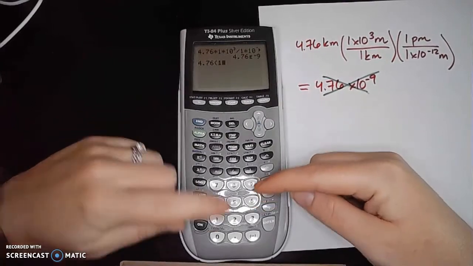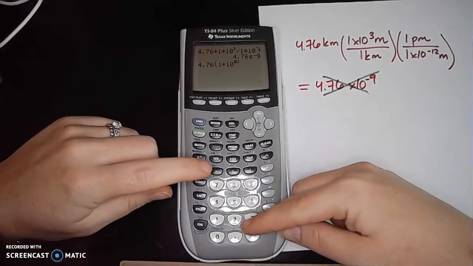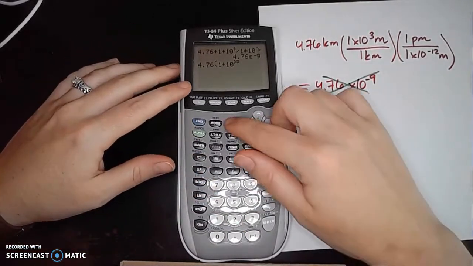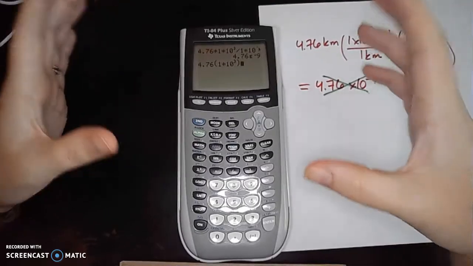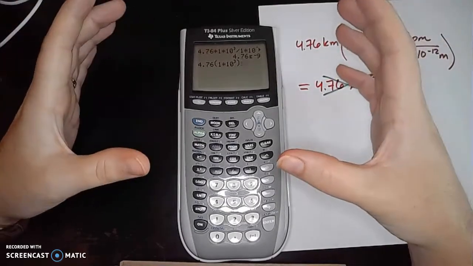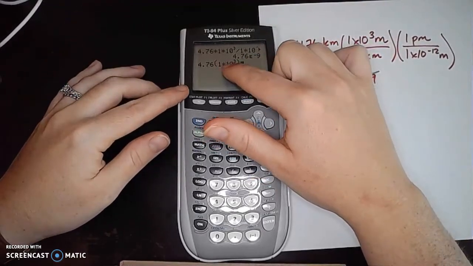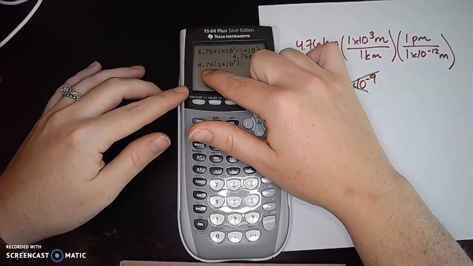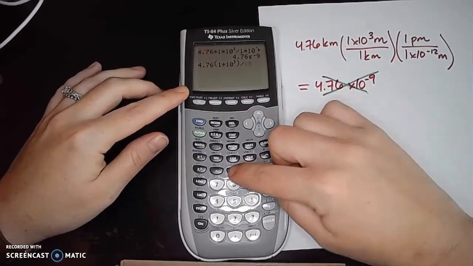But they'll still type their scientific notation the same way, so times 10 to the third, but they'll separate everything with parentheses so that the calculator recognizes that that 1 times 10 to the third is happening first, right? That calculation with the multiplication symbol has to happen before you multiply by 4.76. And so this will clear up the problem when we get to the division symbol, because if we surround this